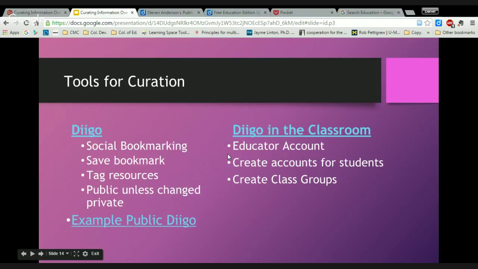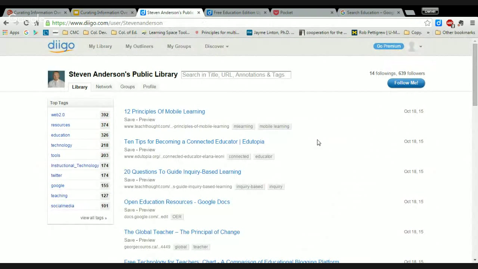change it to private. And so this is why it's going to be such a hassle for me to clean this up, because I had to make sure everything was private when I saved everything, but now I have to go back in and change everything. And so here's an example of